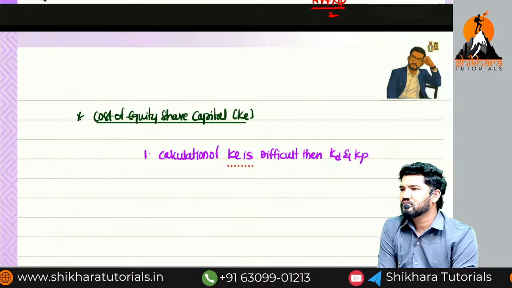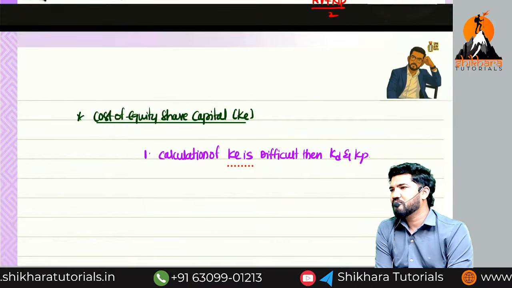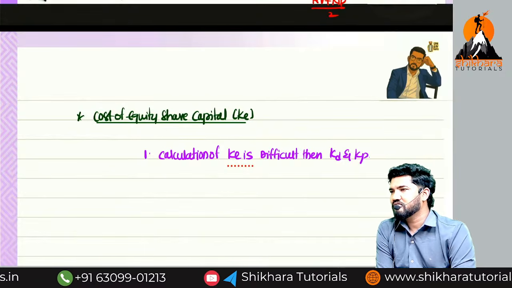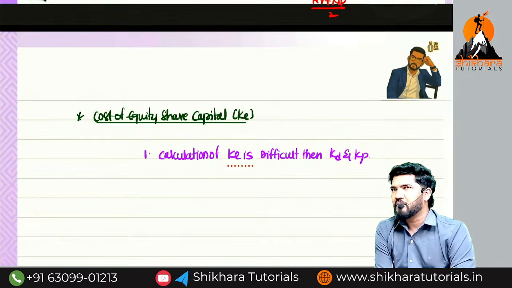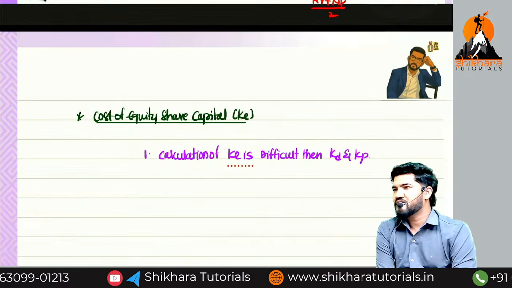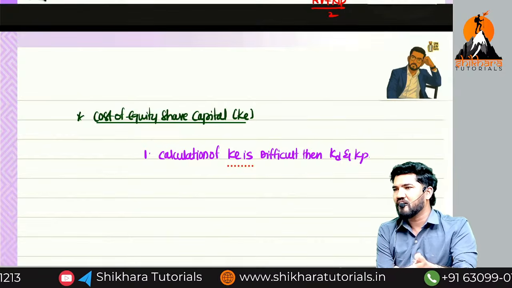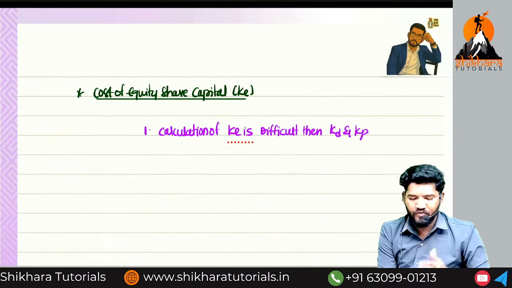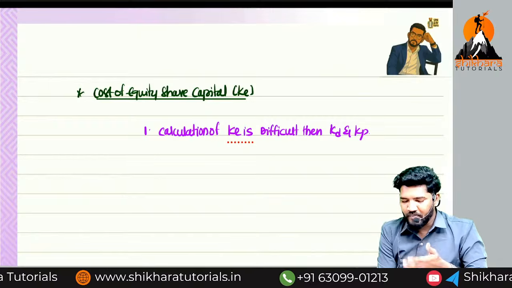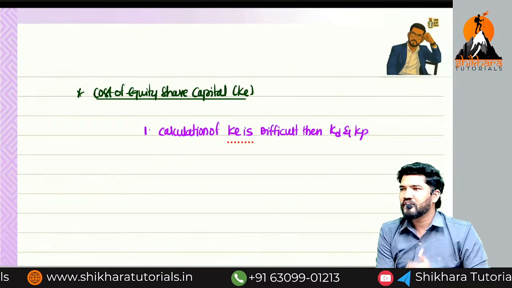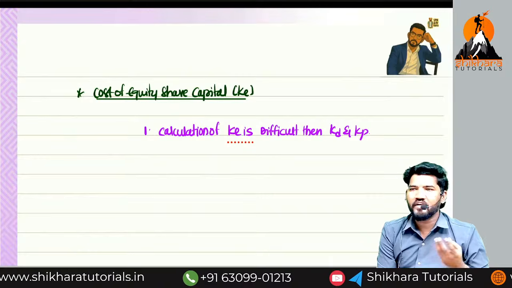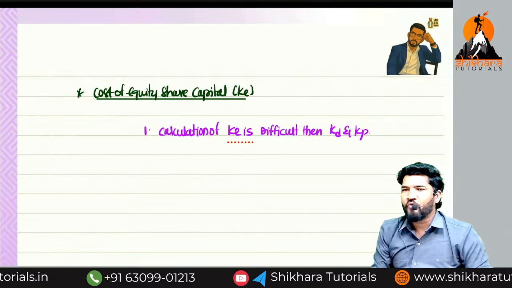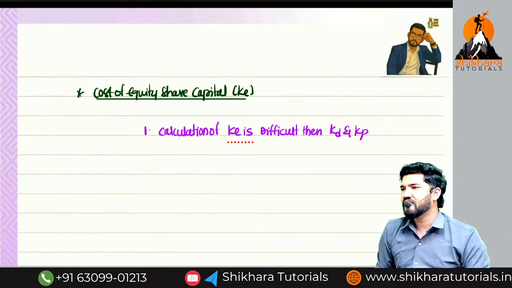Asif, tell me, not a problem. What you said is right. If no one tells, CAPM, those are the different methods they will give. Even though it is difficult, we need to calculate, no? Guys, understand? If you do not calculate, we can't figure out KO. Even though it is difficult, we need to figure it out. For that purpose, they provided 4 methods: earning approach, dividend approach, CAPM, realized yield. My point is not about the methods. Why is it difficult? Because of the 4 methods.